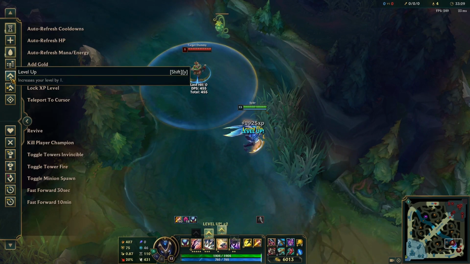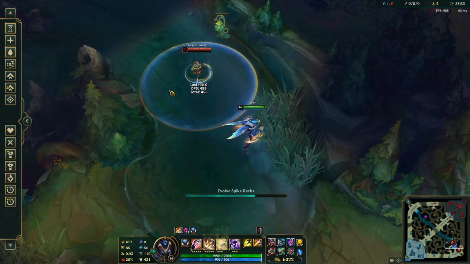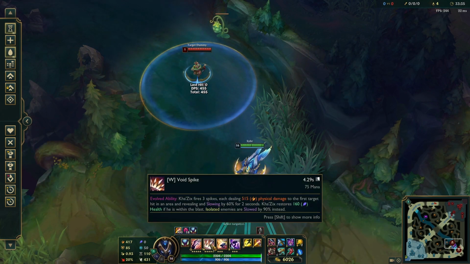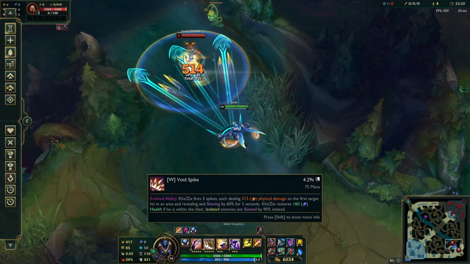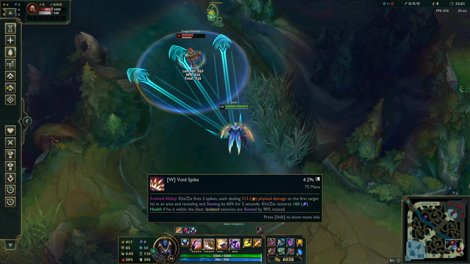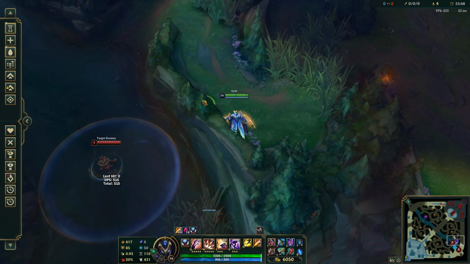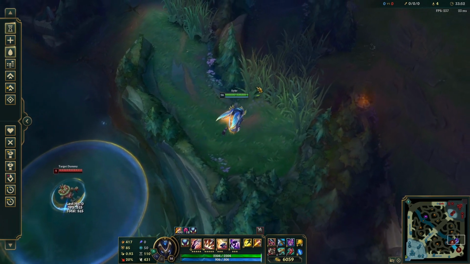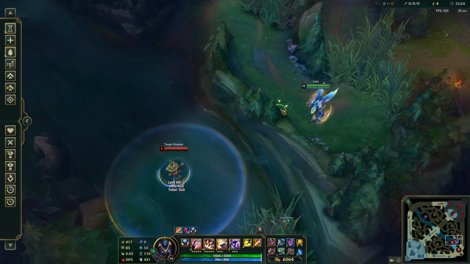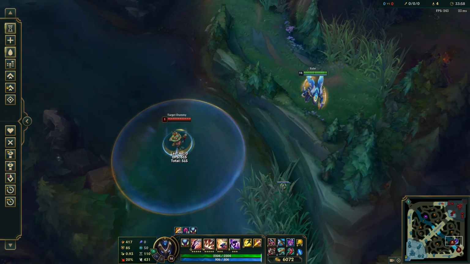Let me level up to level 16 so I can evolve my W. You guys should know that your W does slow a target. It slows them by 60% for 2 seconds, and that is without isolation. But if you go into isolation instead, it slows the enemy by 90%, right? So you want to make the enemy stay, and you want to slow them as much as possible. So a cool trick